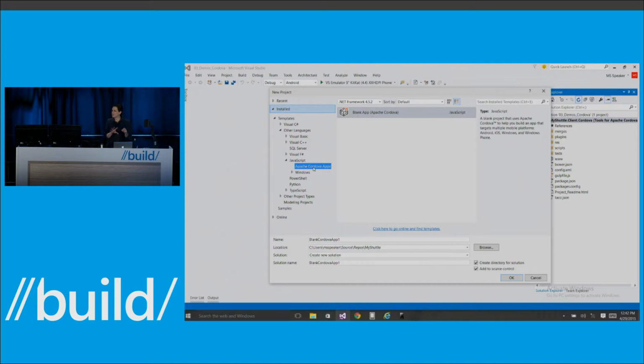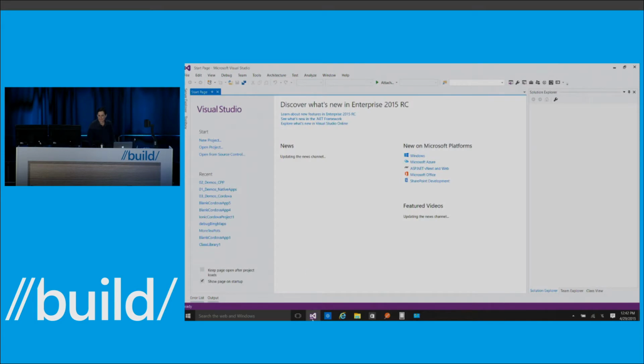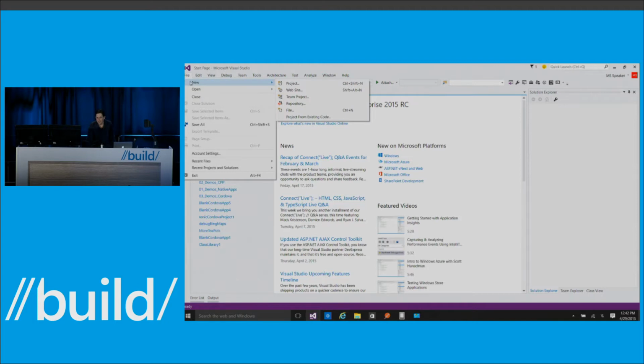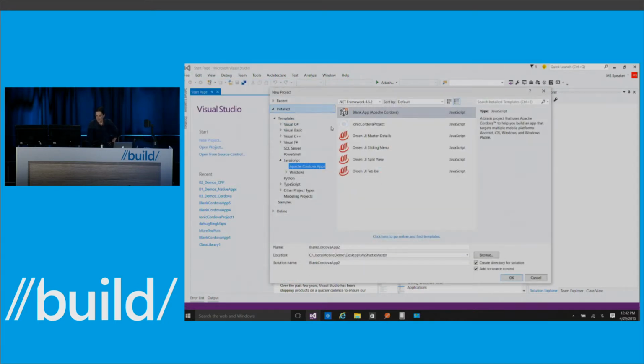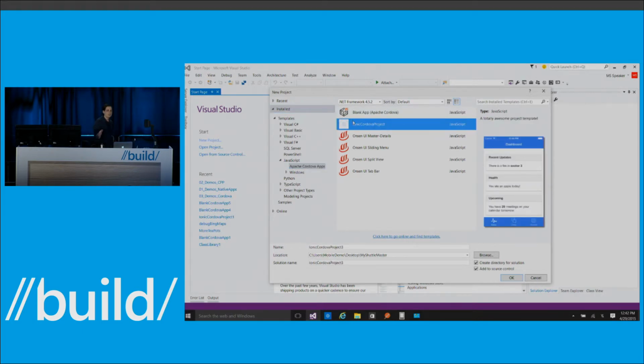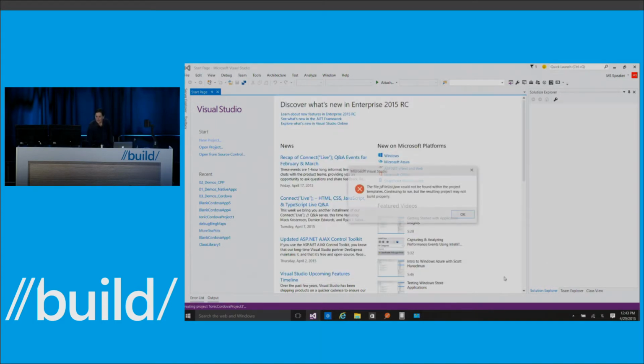I don't have the templates installed on this machine, but if I jump back to this machine real quick, I can show you them working. So if we go to File, New Project. So these are pretty popular UI frameworks for building web-based applications. As you can see here, this is kind of like a simple to-do list style application. While I'm doing this, I might as well just go ahead and launch it. We can ignore that. And you'll see it running.